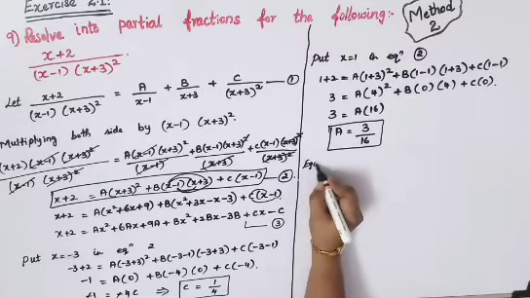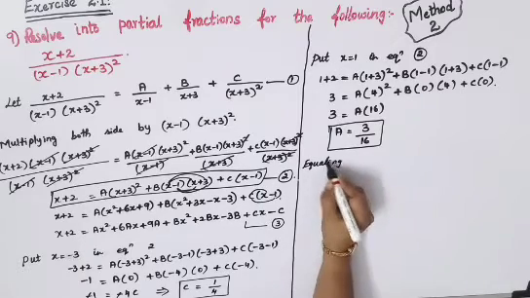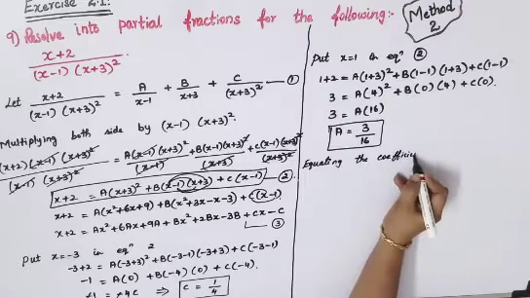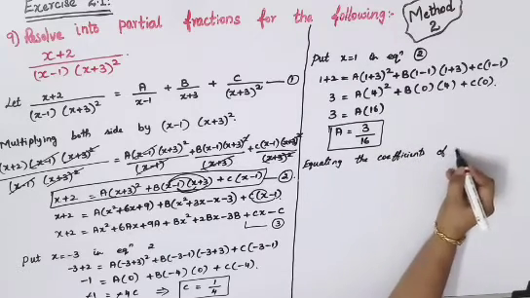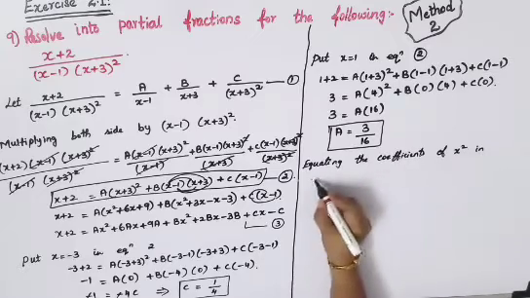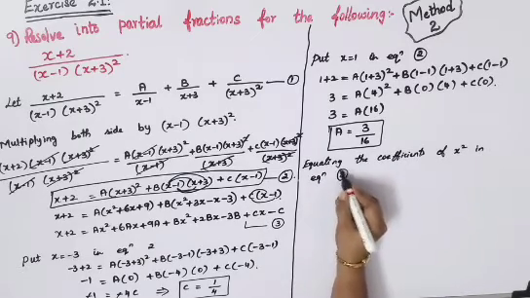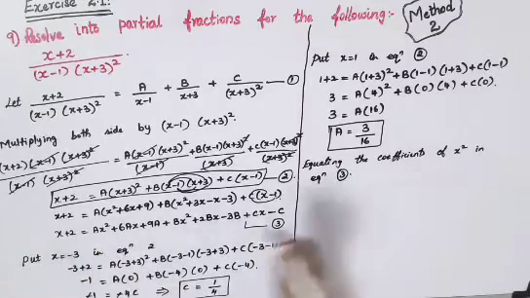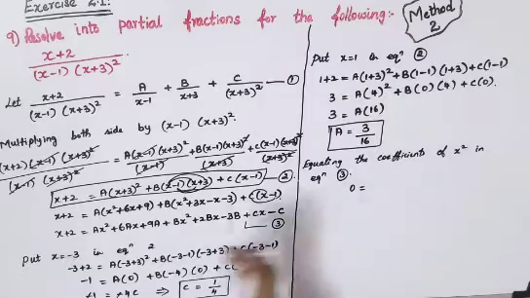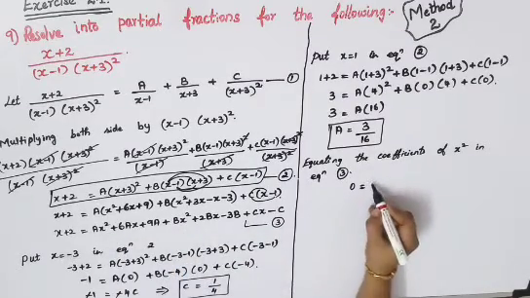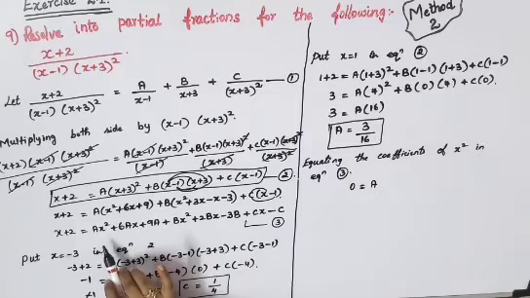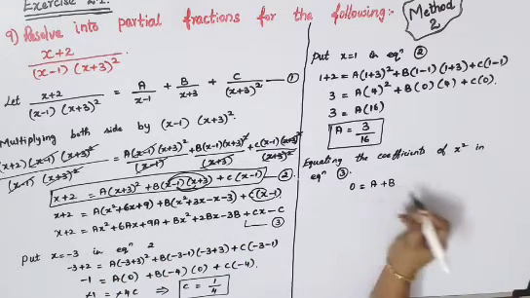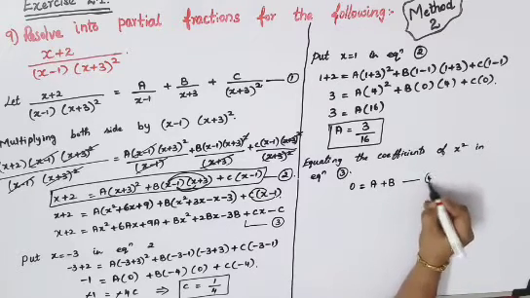So equating the coefficients of x square in equation 3. So search for your coefficient of x square. In your left hand side nothing is there, so you can give 0, that is equal to, coefficient of x square is a, so just write a, and search for other coefficients of x square. So x square we have got b there, so plus b. We'll just mark this as equation 4.